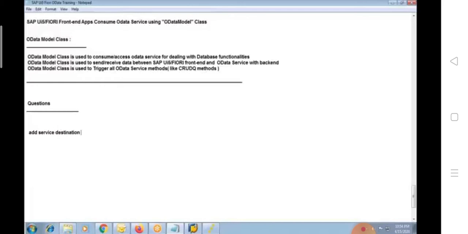A service destination is required inside SAP WebIDE for connecting to the SAP OData service. Without that, we can't proceed further. So probably we can review and you can explain that. But the installation part, Eclipse and WebIDE, everybody on the team has installed.